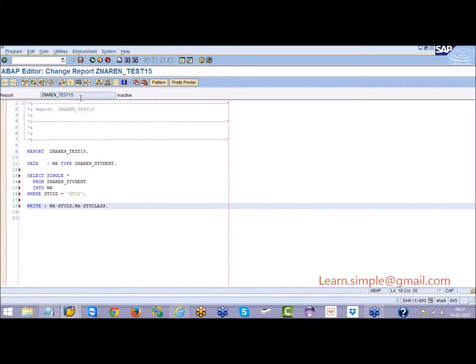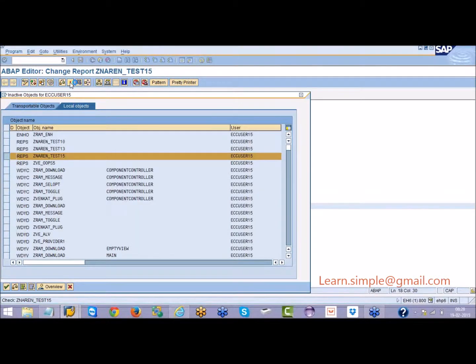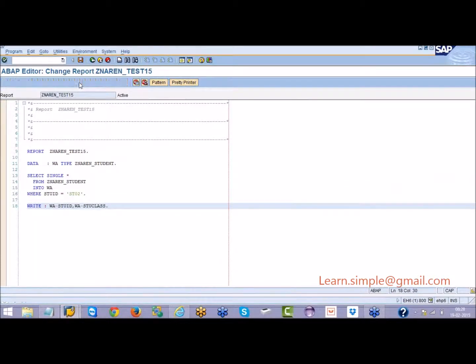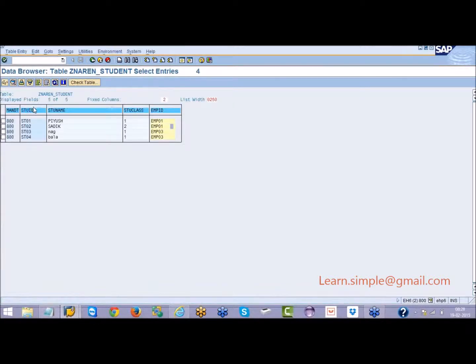So then I will save it, check it, activate, and execute. Now you can see student 02, which class is he in? Second class. See, student 02 ST02, this guy is in the second class. That is what it is giving in the output.